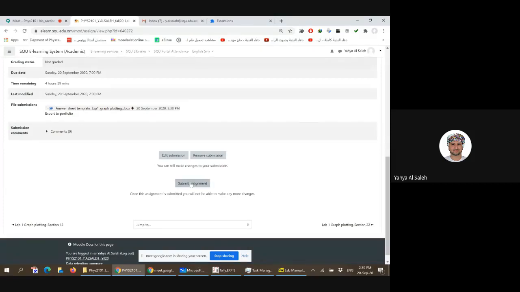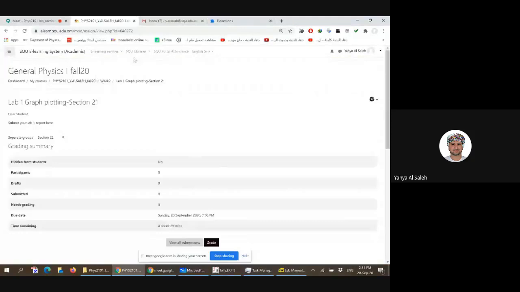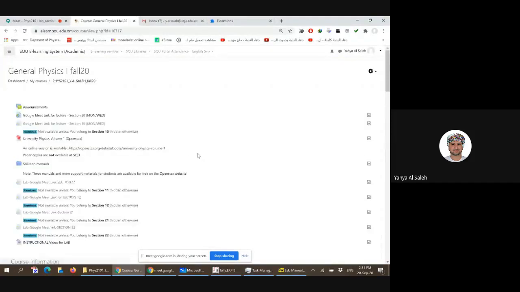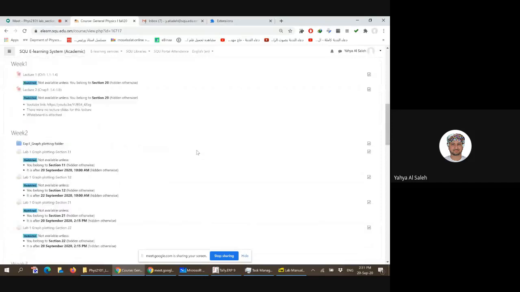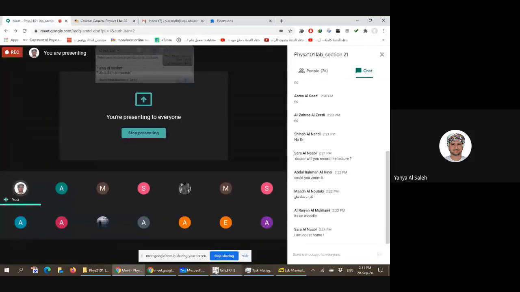It sends the file back to your instructor. If it's me, then it's me. If it's someone else, then it's someone else. And then that's it. We will mark it. We will send it back to you also via Moodle electronically. And you will be able to see your mark, your feedback on each section by section basis. What else? Graph plotting. Okay. I will stop sharing. And now I will ask, do you have any questions